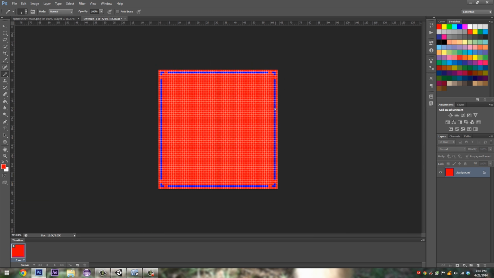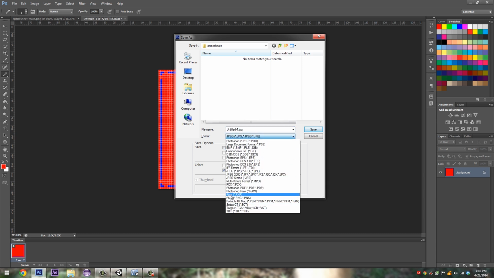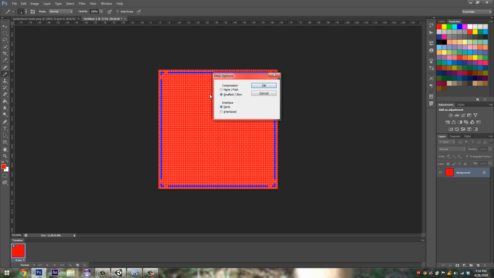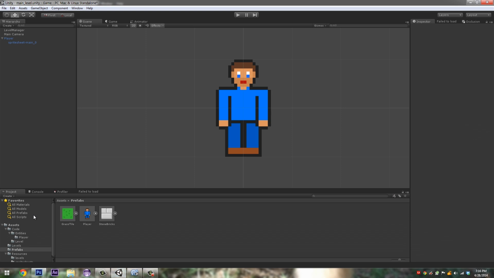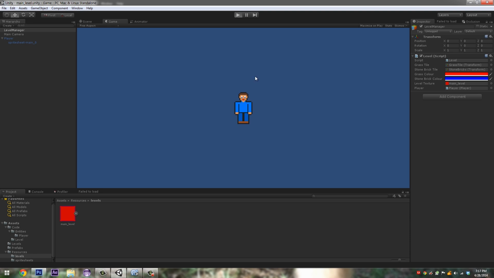Okay, so we save this, I like saving it as PNG. If we go up in your resources folder, create a new one and just call it levels, and I'll just call this main_level. Okay, so now we have our main level. If we go to our level manager, in levels, add this as a level texture. So if all things went well, should